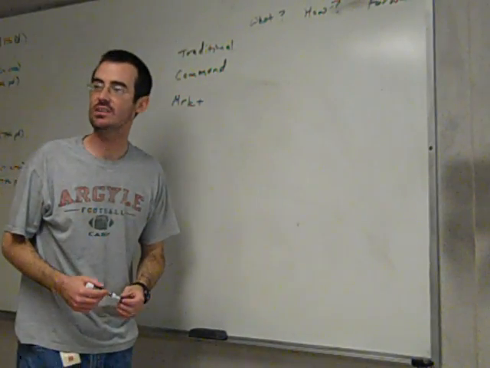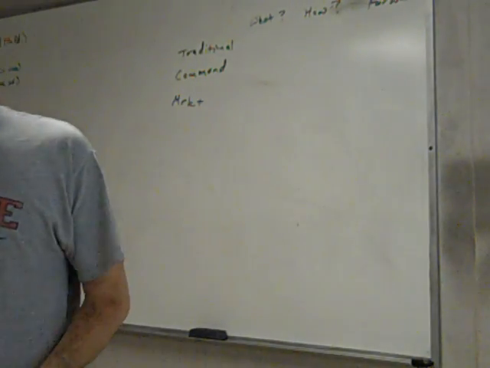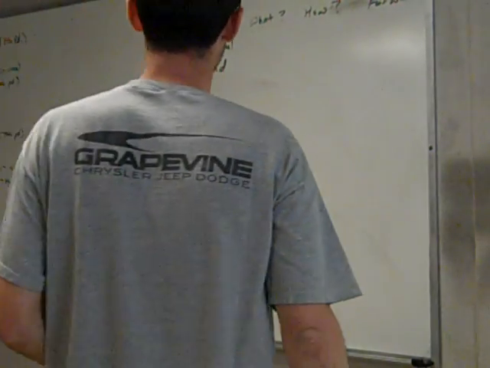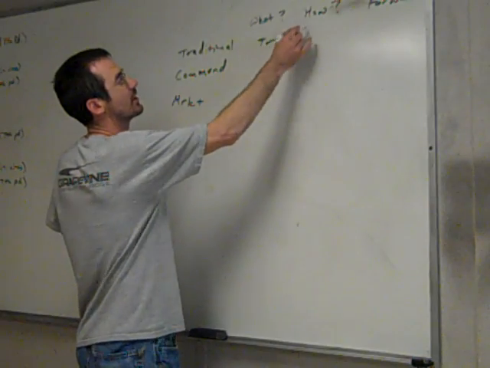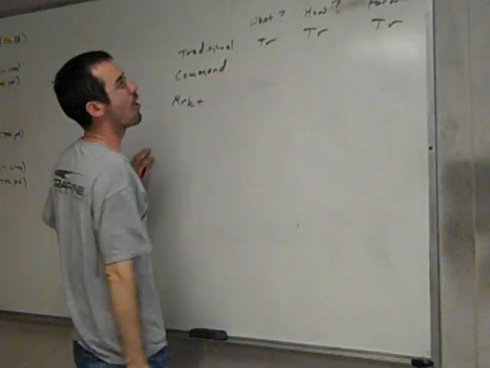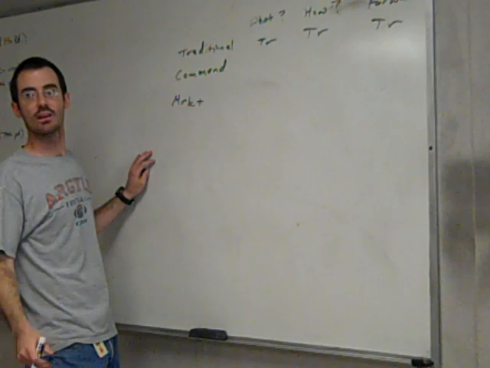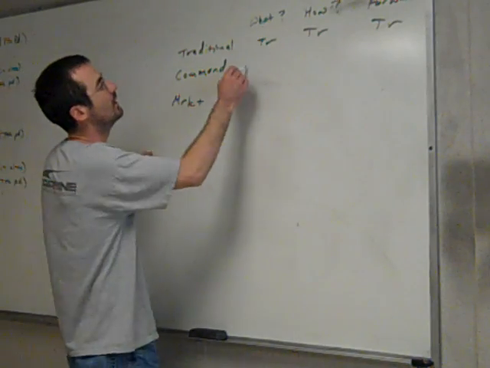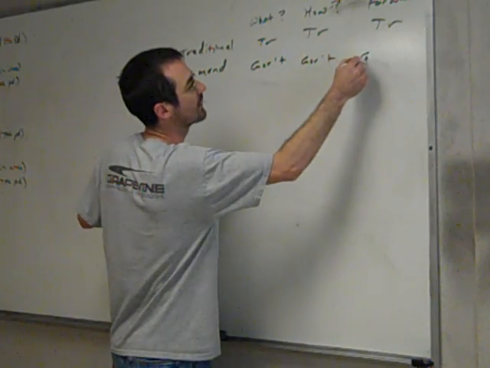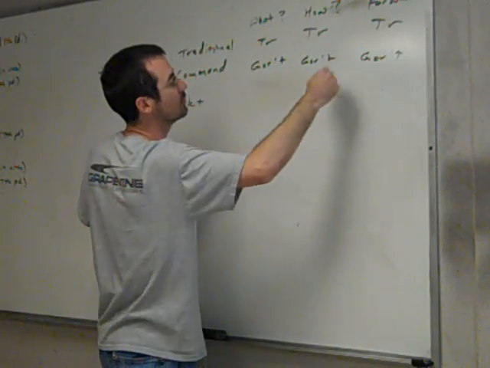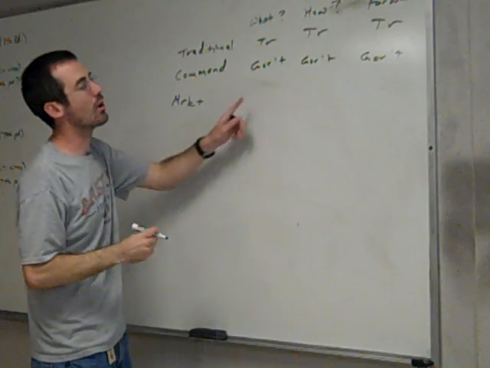And this chart is very easy. The AP test knows it's easy, and so they like to trick you into saying there's such a thing as a pure command economy where the government answers all 3, or a pure market economy where the market answers all 3. But it's a very easy chart. Tradition or custom answers all those questions in a traditional society, although they do have some elements of command and market. The government answers all these questions in a command economy like North Korea or the old Soviet Union or Cuba.